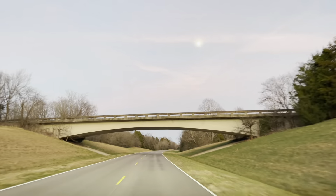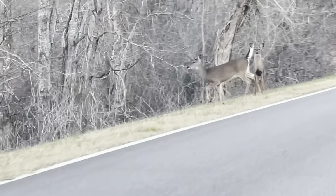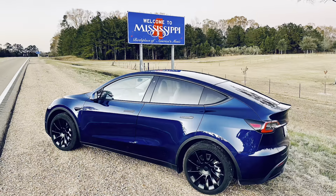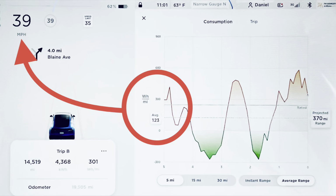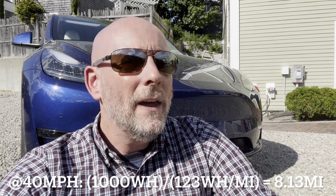But the slower you drive, the more range you get. So if you're in a pinch, you're just going to have to slow down. But you slow down 10, 20, 30 miles an hour if you're in desperate need of electricity and range, and you can just go really far. I mean, it's insane. If these cars drive at 40 miles per hour, they'll go to the end of the universe. It's pretty crazy,